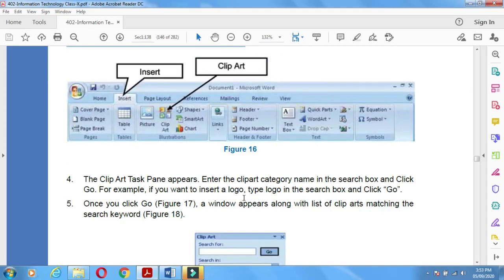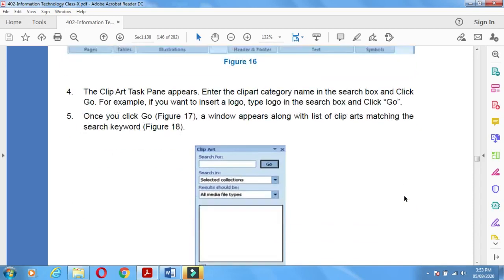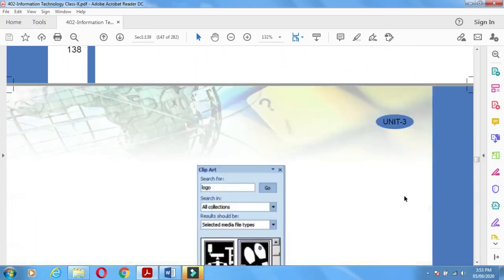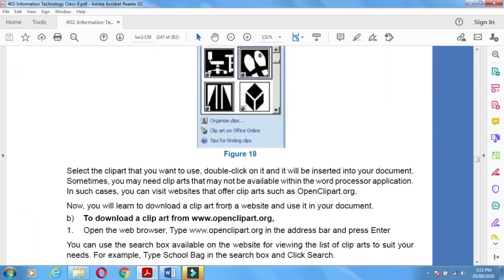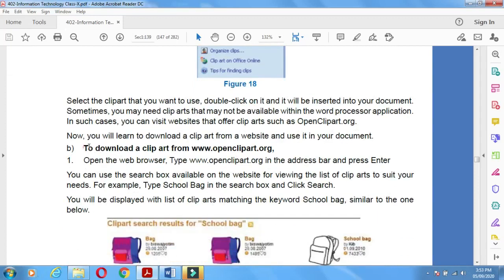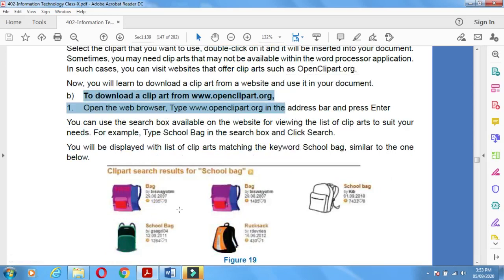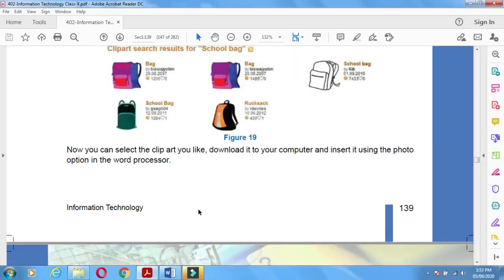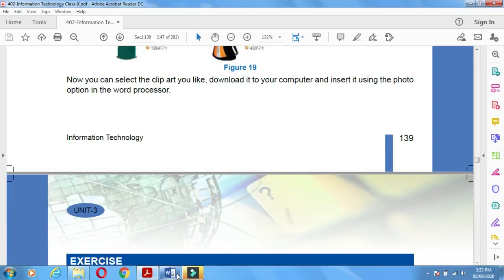For example, if you want to insert a logo, type logo in the search box and click Go. Now, in this way, the dialog box appears and you can search the clip art and download it. Otherwise, you can download from www.openclipart.org. In this way you can insert online and offline clip arts in your documents. Let us do the practical now.